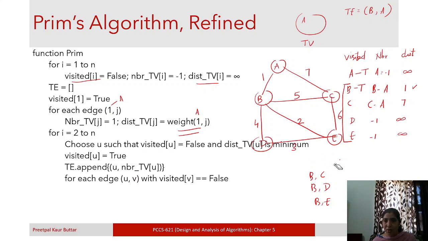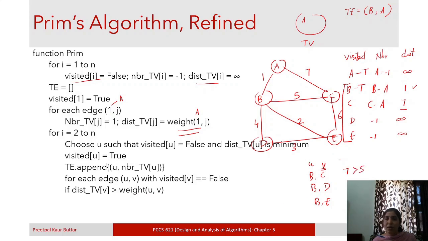So this is not included. If distance of v from TV is greater than weight of u comma v. So here what is the distance of v from TV? If we take v equal to C, the distance is 7, right? Distance of C from TV is 7, and the weight of u comma v, weight of B comma C is 5.